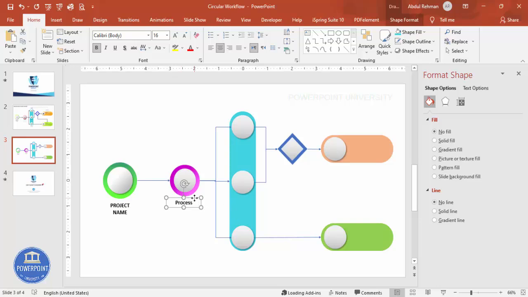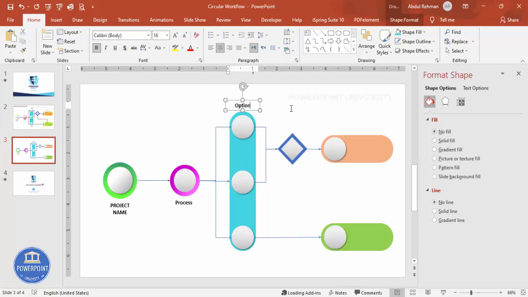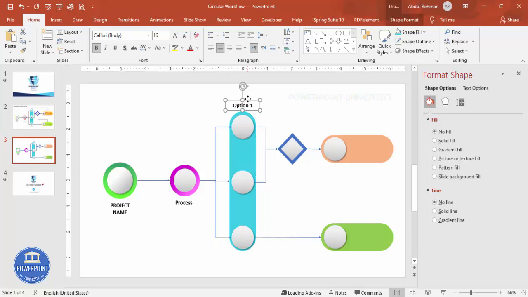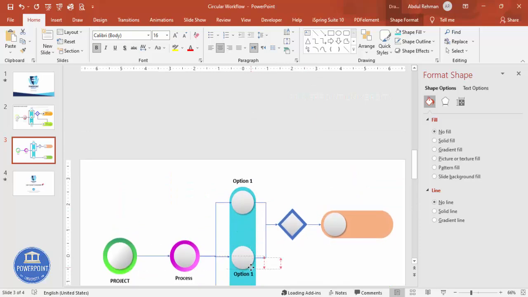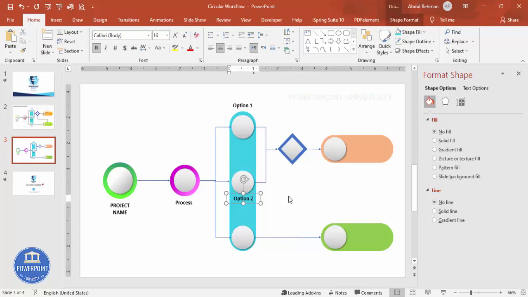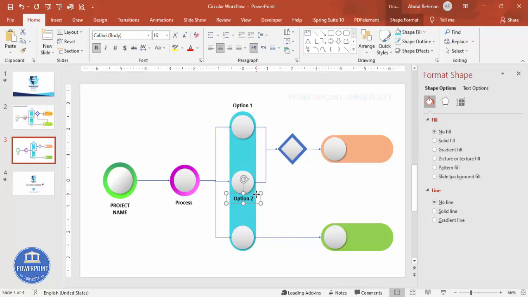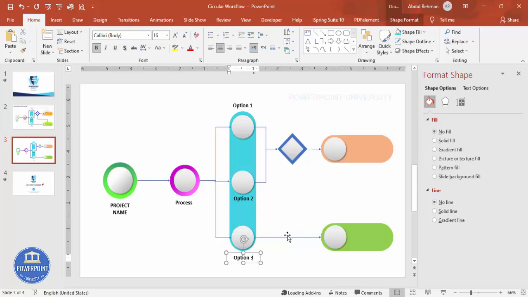All right, and then Ctrl D. These are some three options. I'm going to put option 1, option 2, option 3. Option 1, Ctrl D. So this is option 2, and then I can just hold the Ctrl Shift key, drag this one down,